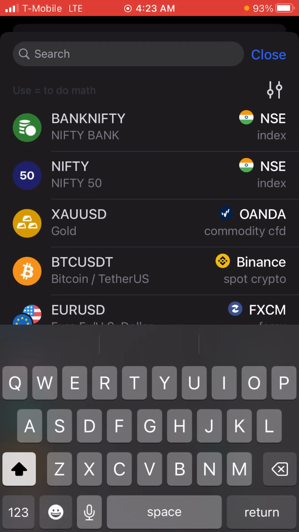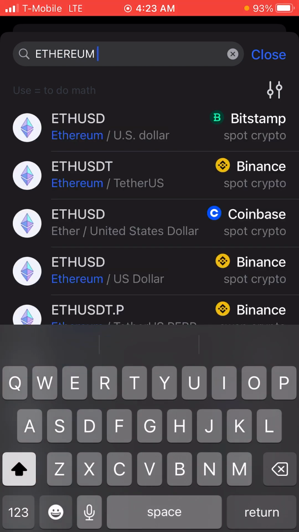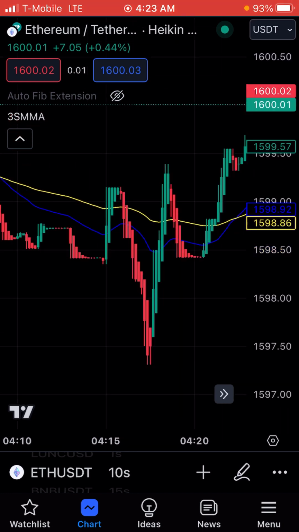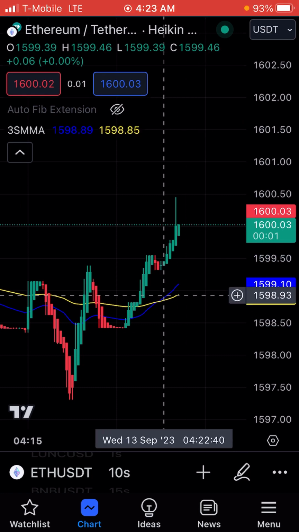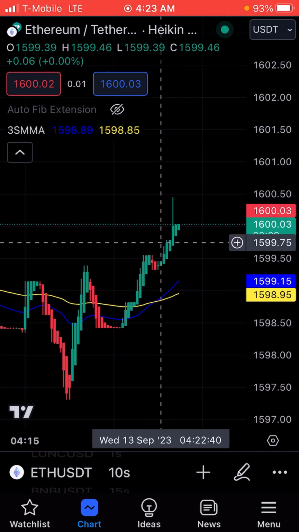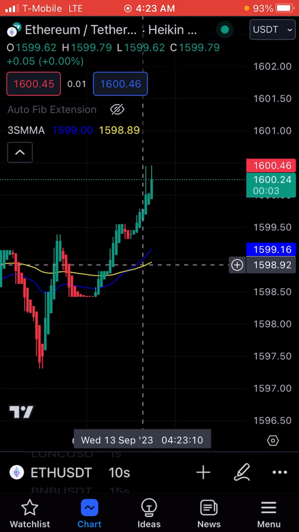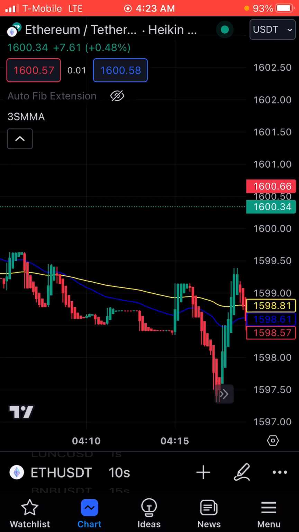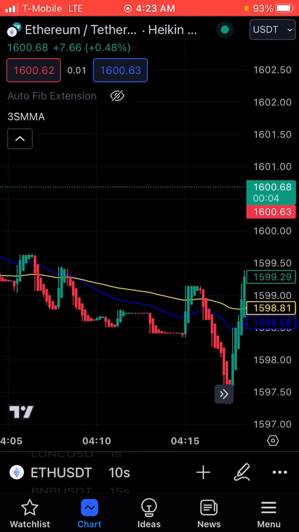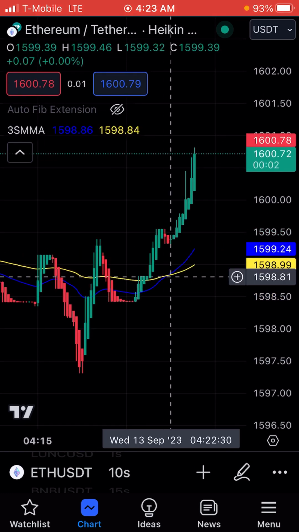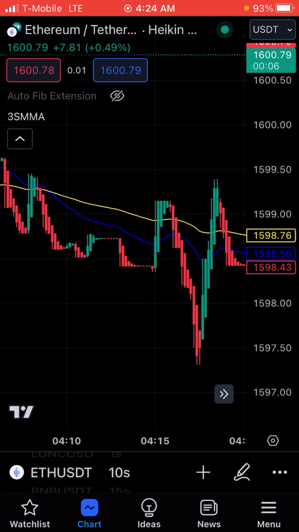Let's look at a few. Let's look at Ethereum. Now Ethereum should be close to, see, it just crossed right here. Ethereum just crossed on the 10-second, which means it's having a good run up. What I would do is I would be riding Ethereum from this point to whenever it crosses again. And if we look at right here, we see Ethereum cross down here, which was at 1599, and then it didn't cross back again until 1598. So that wasn't a big run, but